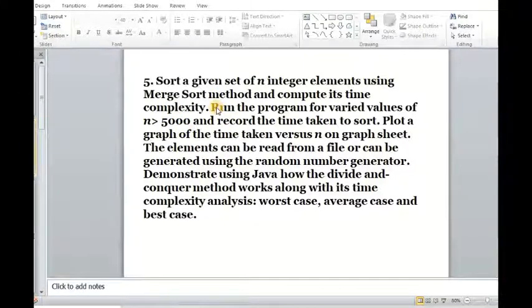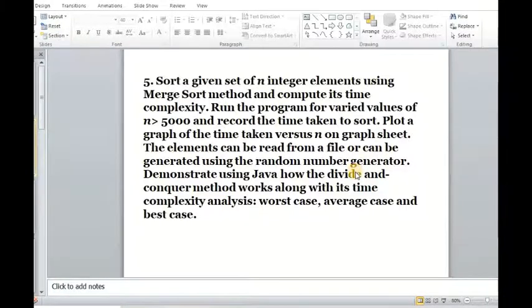They are asking you to find the time complexity by running the algorithm for varied values of n. Also, the elements you can read from a file or generate from a random number. Basically, we want to sort integer elements by using merge sort.